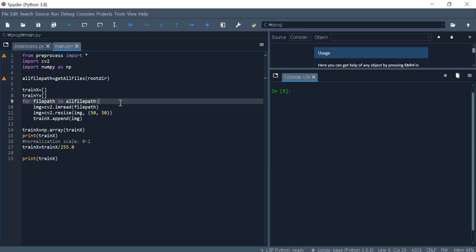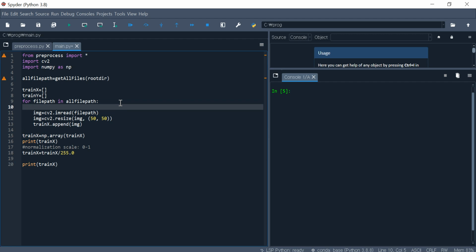To get the label for each image, let's split the file path delimited by backslash, and declare a variable splits assigned file path dot split